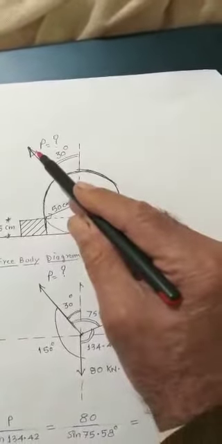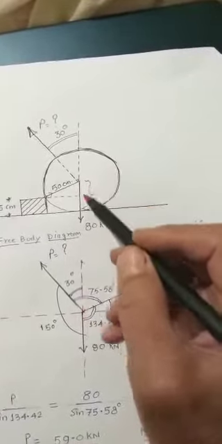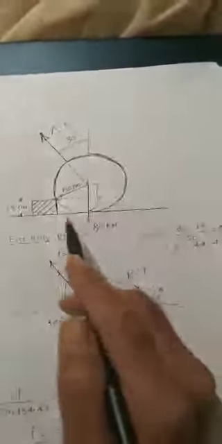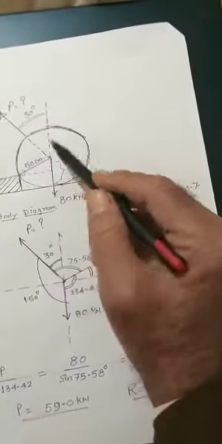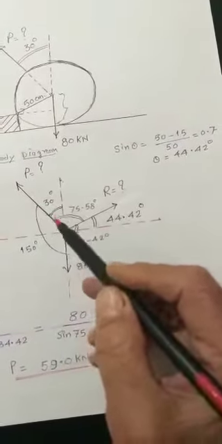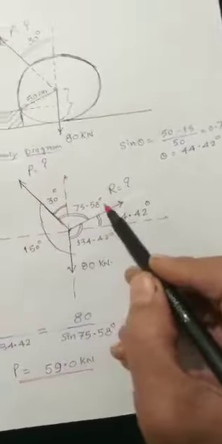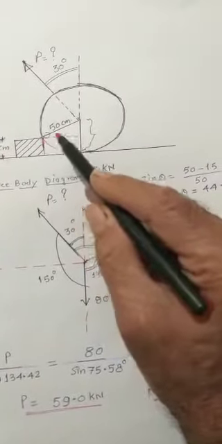So we have to find out this pull P. Then the reaction acting over here is this reaction, and this load is already given. Again, as we have already discussed so far, now we are drawing the free body diagram. In the free body diagram, first of all, draw the horizontal and vertical axes, and have that P at an angle of 30 degree with the vertical. This is an inclined force which is obstructed over here.